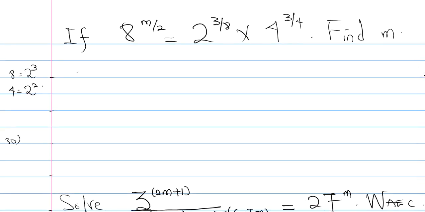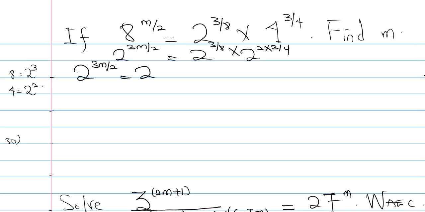Now here, so if 8 raised to power m over 2 equal to 2 raised to power 3y times 4 raised to power 3y, find m. So in this context now, I can say 2 raised to power 3, which is 8, times m over 2 equal to 2 raised to power 3 over 8 times 2 raised to power 2 times 3 over 4. Now we have 2 raised to power 3m over 2 equal to 2 raised to power 3 over 8 times, this one cancels here, right? We have 2 raised to power